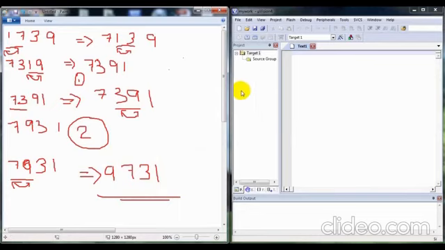Let's see how we can program this in Keil. The beginning of the Keil program is ORG 000H. Okay, I'm trying to save it here.